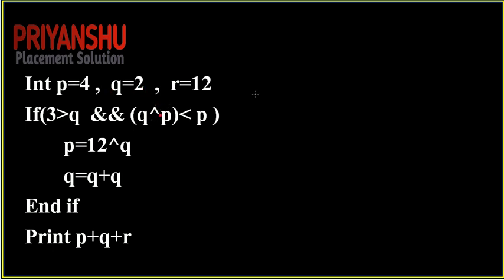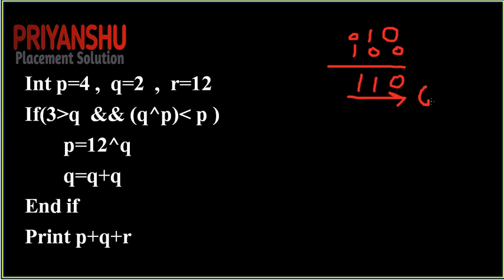So let's check out. The value of Q is 10. Why 10? This is not ten, friends, this is 1 0, the binary conversion of 2. And the value of P is 4. How do I write 4? 4 is written as 1 0 0. So we need to find the XOR operation. As I told you in my previous video, if the bits are the same, then the output is 0. If the bits are different, then the output is 1 in the XOR operation. So here the same bit 0, different 1, different 1. Converting this to decimal, we get 6.